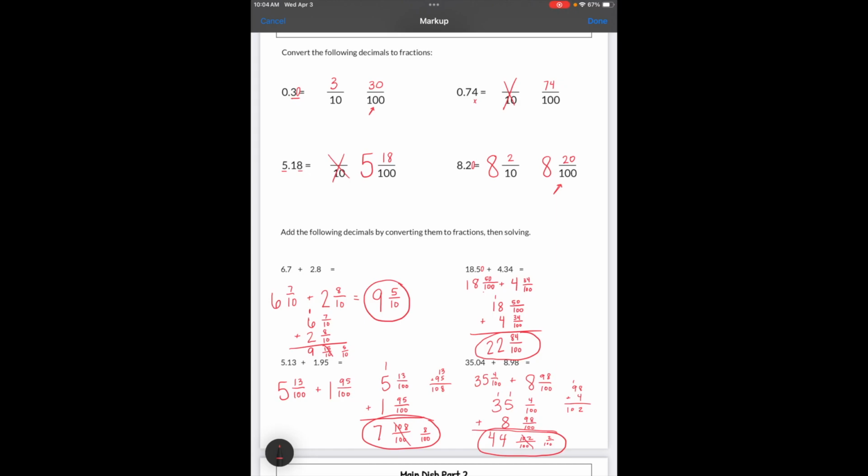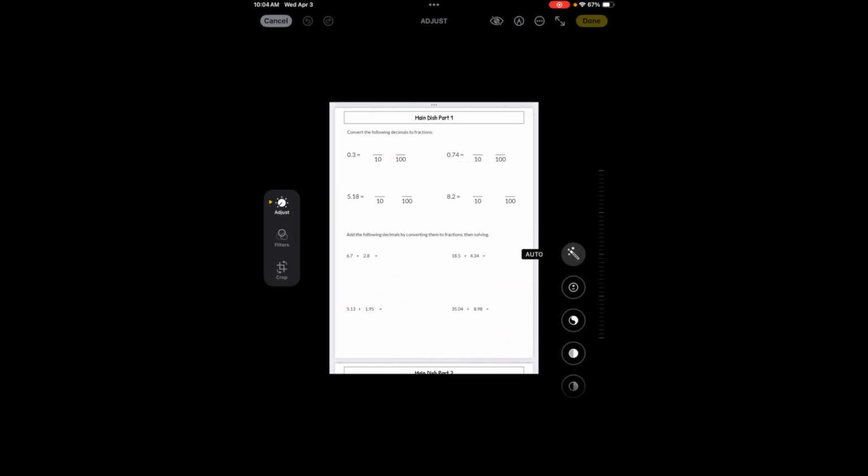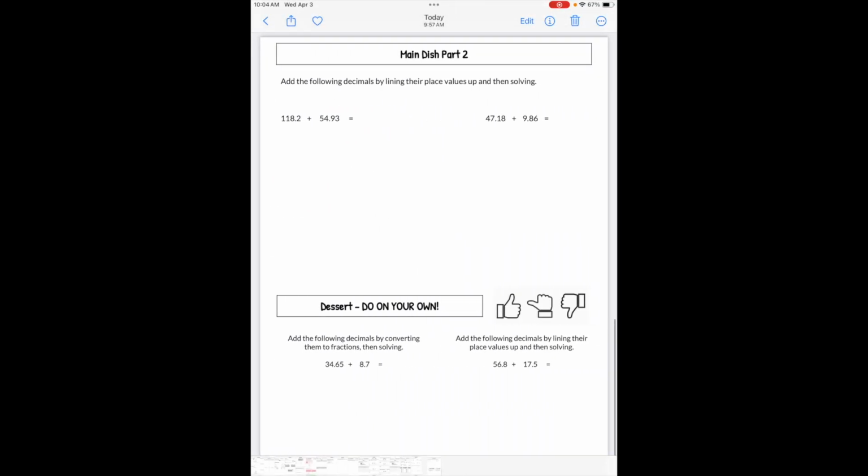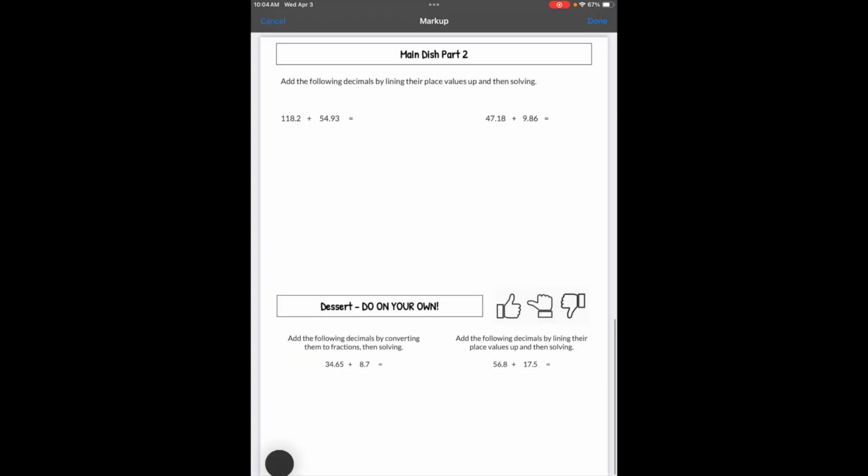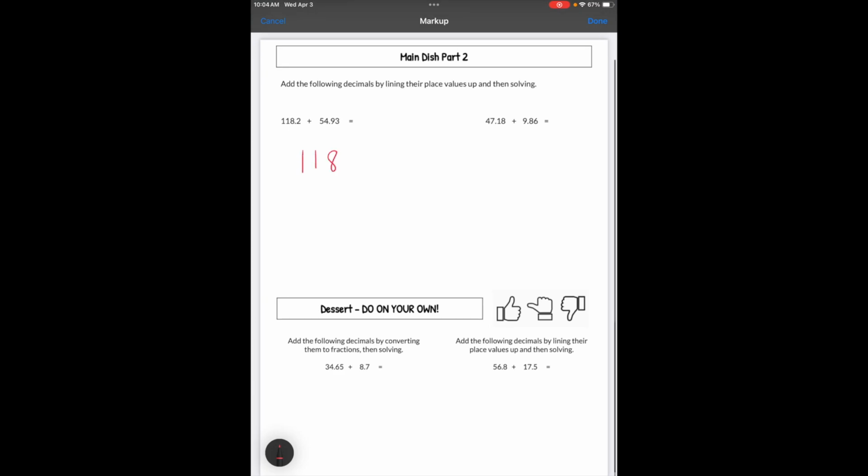All right, let's go ahead and move on to main dish part 2. This time we get to add up the decimals like normal. So we're gonna stack these decimals and make sure that they're lined up by place value. So I'm gonna stack 118 and 2/10, and then I'm gonna put 54, notice my decimals are lined up, and 93 hundredths. In a case like this, just like we've been doing, we can put a 0 in this placeholder because this doesn't change the value of the number, it just extends it,